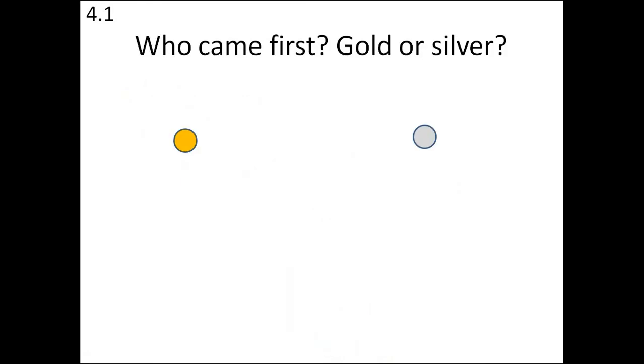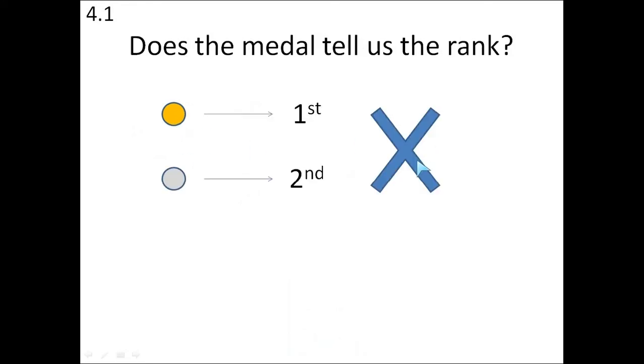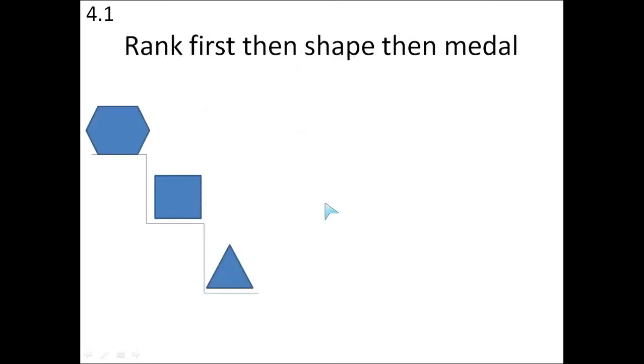So who came first? Can we tell by the medal? If it's a gold medal or a silver medal, can we tell who came first? And the answer is no, we can't. The medal itself doesn't tell us the rank. So gold doesn't always mean first, and silver doesn't always mean second. So first what we have to do is combine the rank and then the shape,